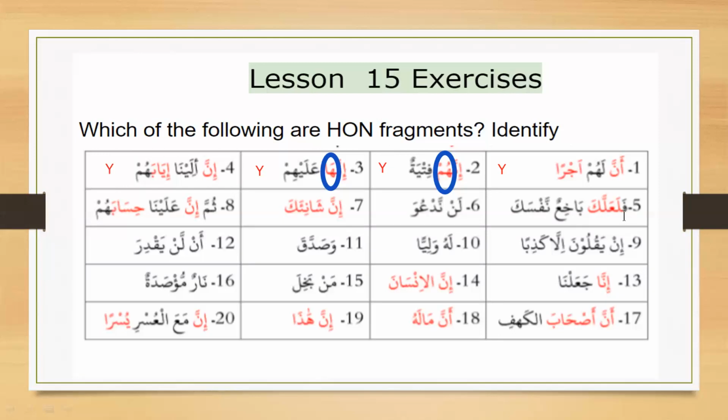Let's come to the fifth example: fala'allaka baqi'un nafsaka. Fa is a separate harf, just like wa, as you can see in wal asri. So fa is a separate word, a separate harf. Can you see? Yes, you are right, MashaAllah. La'alla, yes, la'alla is harf of nasb. And do you see any ism that is